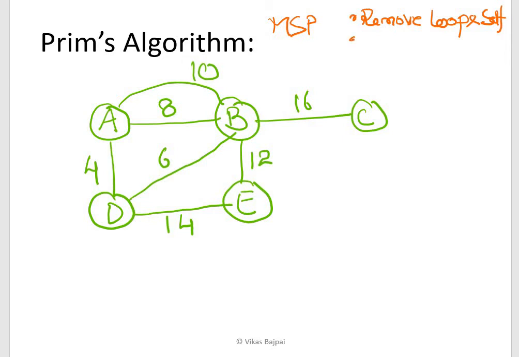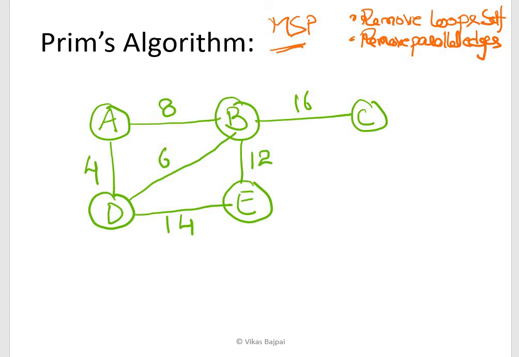Another thing is to remove parallel edges. Now how to remove the parallel edges? For that I need to identify them. I can see that, okay, here we have the parallel edges. But since on one side I have a weight 10, on the other side I have a weight 8, and we are coming up with a minimum spanning tree with minimum cost, definitely I will not consider 10, I will consider 8. So I will remove this particular parallel edge. Now we are left with this,